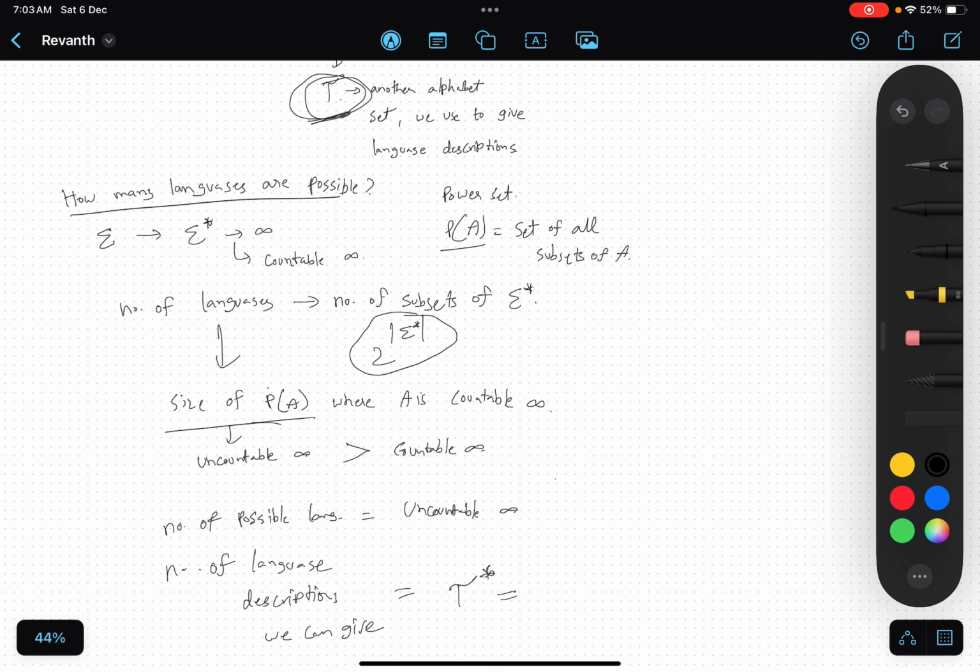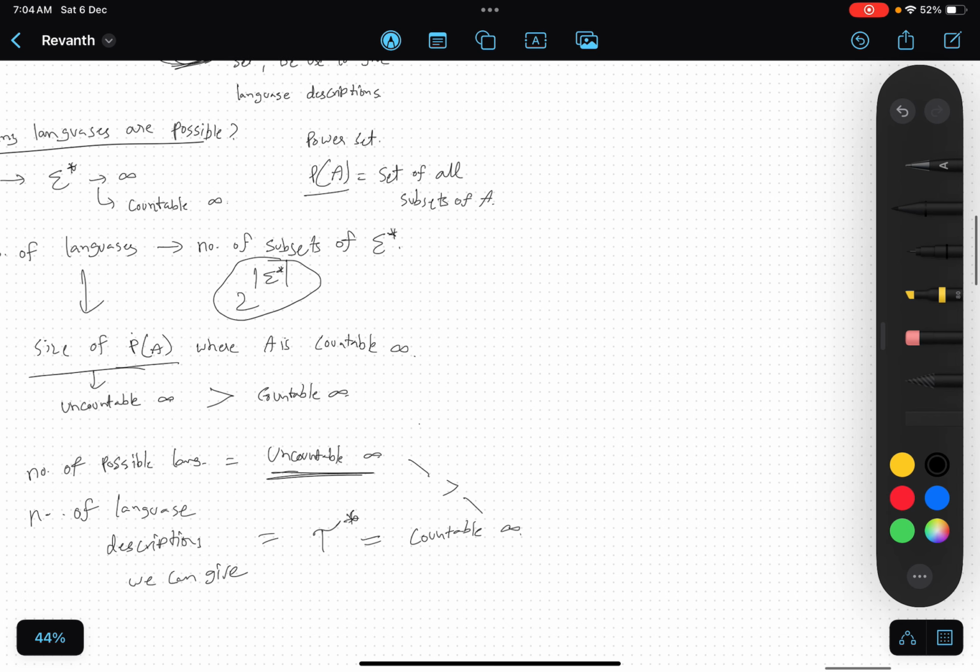Similar to sigma star, this is actually countable infinite, which is strictly less than this.